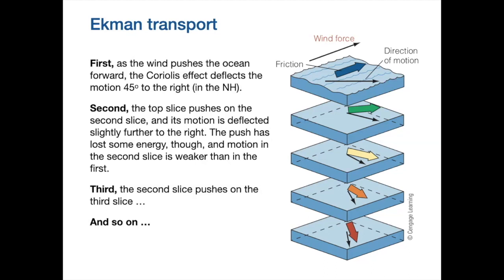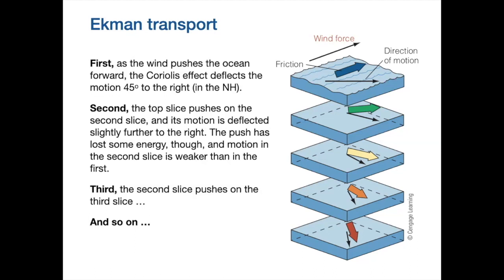Now that top layer pushes on the layer below it, so it transfers some of its momentum to the layer below, and that layer is also going to be deflected to the right in the northern hemisphere, and because it's only transferring some of the momentum, its speed will be slower. And then we go down to the third layer, so it's going to move further to the right from the layer above, and as only a fraction of the energy is being transferred, its magnitude will be lower,